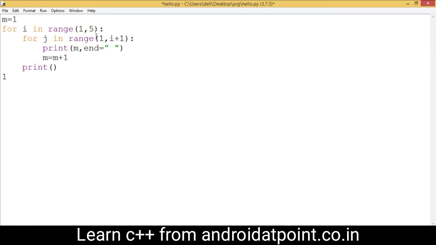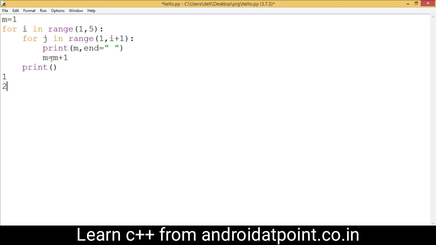So control comes to the inner loop and assigns again the lower limit as 1, and the upper limit is 2 plus 1, which is 3, which means this loop will be executed 2 times. The first time the value of m is printed here; the last value of m is 2, so print the value 2 here. Now control comes here and simply adds the value 1 to the m variable.